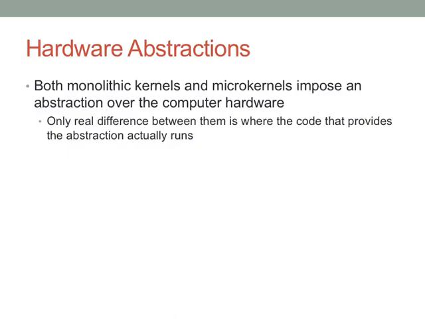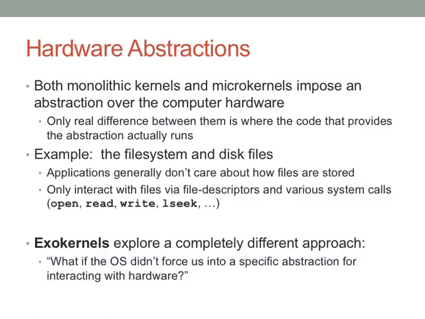I think this is the last one to talk about, the last abstraction. This is where it starts to get wild. You'll notice that all of these OS kernels impose a specific set of abstractions on your computer hardware. They take away responsibility of managing the hardware so that, you'll see this in Project 2. I want to get into this weird graphical mode. Well, all you have to do is make a call and say, hey, I'd like to get into this graphical mode. You don't have to send all the little values to the little ports on the VGA controller or on whatever graphics controller to switch the computer over into that graphical mode. It takes care of it for you. So yeah, file system is a great example of that.